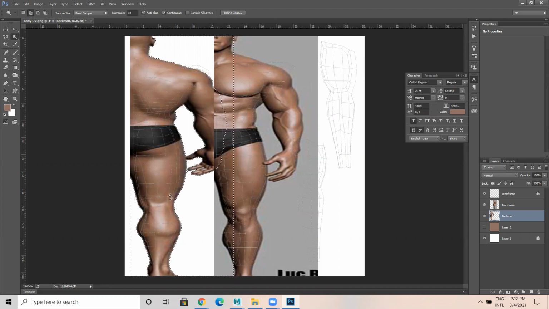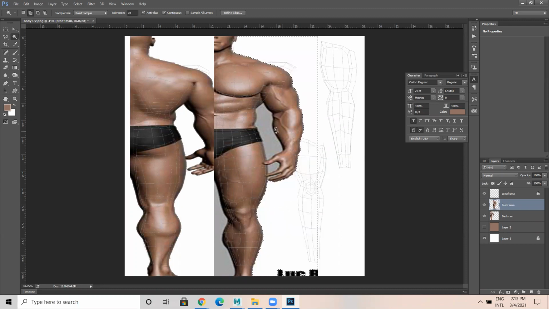So you know all this in Photoshop, right? How to work on this? Do you know or you don't know? Yes, I know how to. Good. I remember Photoshop. Okay, good.